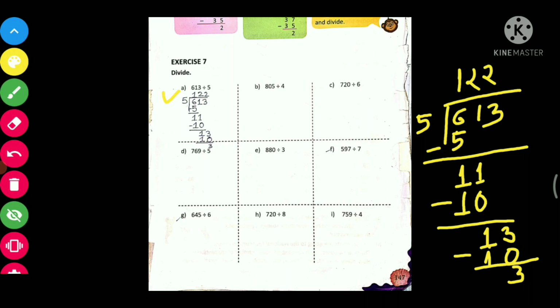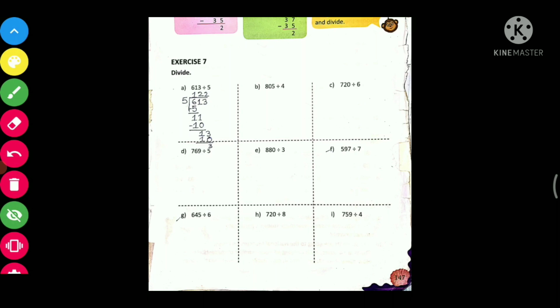But let me tell you about the 0 part, okay, how we can deal with the zeros in the quotient. Okay, now see B part. So our dividend is what? 805, and our divisor is what? 4. So now we'll see the value in the 100 place. So the value is bigger than 4, our divisor, right? So we'll take only that value. We'll divide that one first.